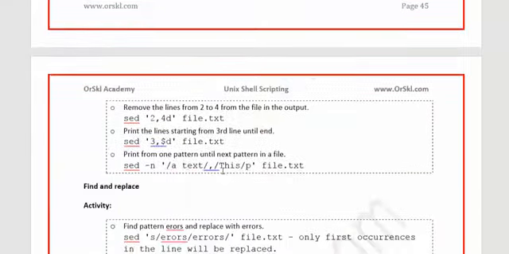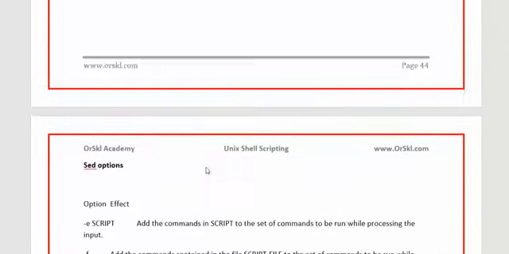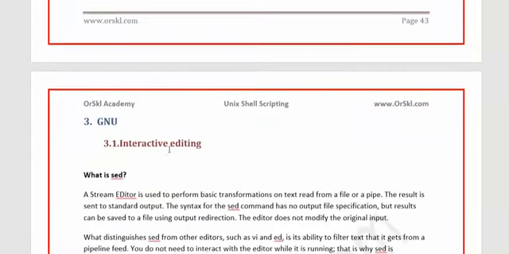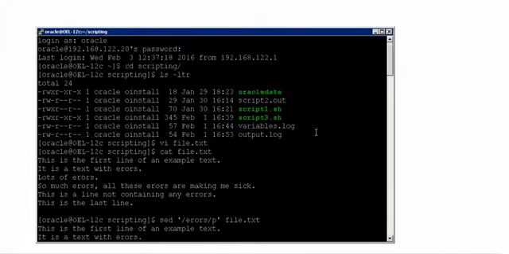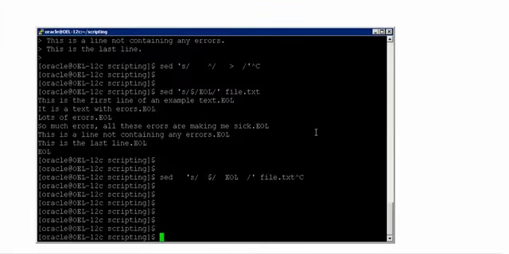Alright, this is all about interactive editing. As we come back, we interactively edited something with the help of sed. Throughout this we have understood how to search something, how to print something, how do we add something to the beginning of the line, how do we add something to the end of the line, and how do we search for something and replace it, etc. This is what we have been looking at through sed in the interactive editing.